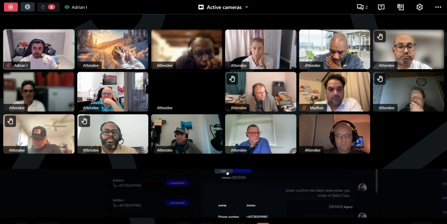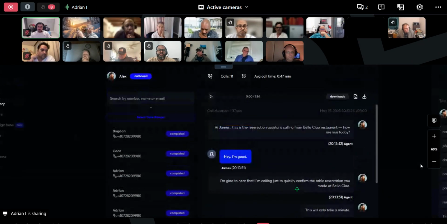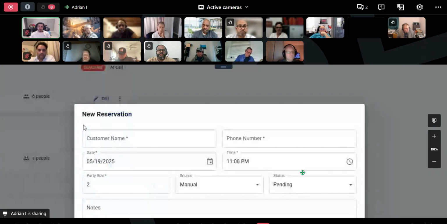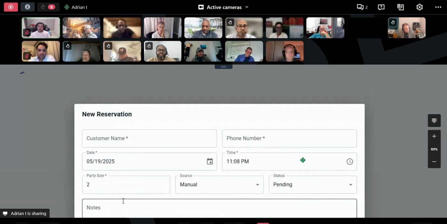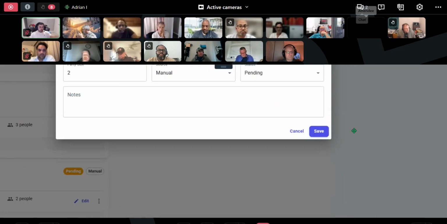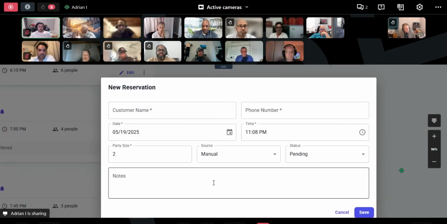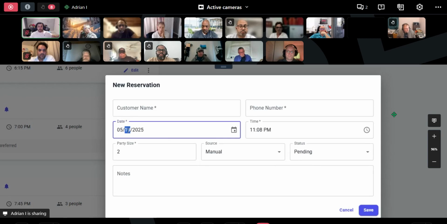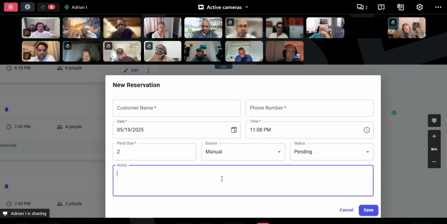No, I didn't. But I can add more data sets so that when somebody is making a reservation here, the agent that I'm sending this reservation data to already knows everything about the reservation. So it knows how many people are going to be there. It knows that it's going to be on the 20th of May at 11 p.m. It knows that everybody in that party is vegan. So it's going to be very, very tailored to that conversation.